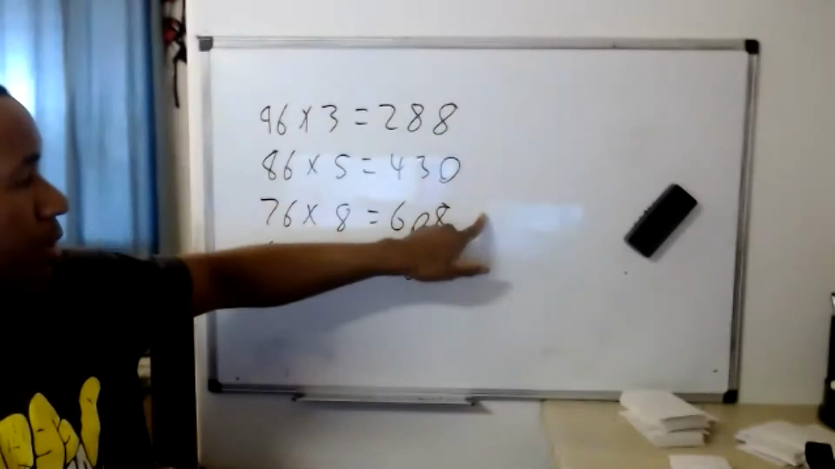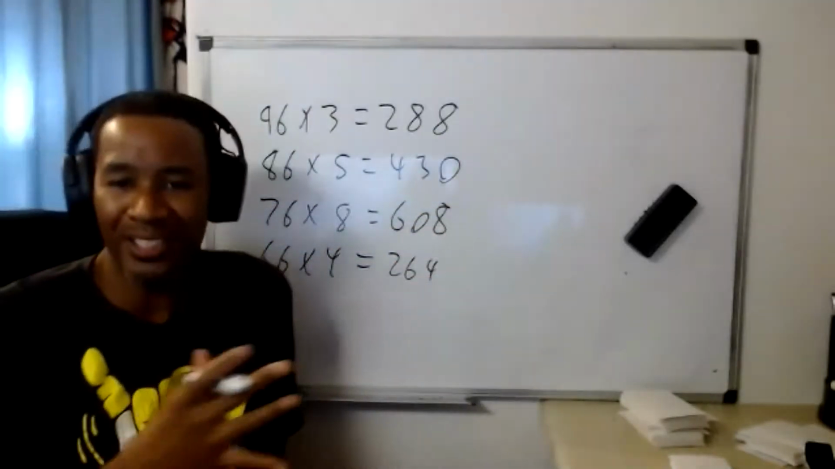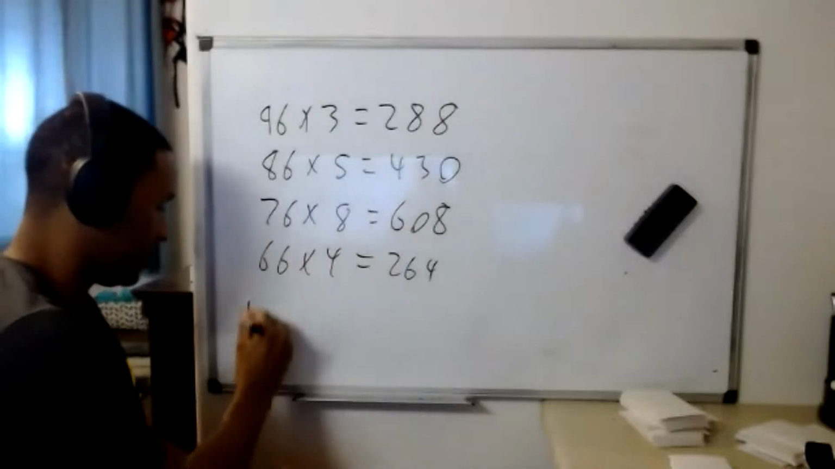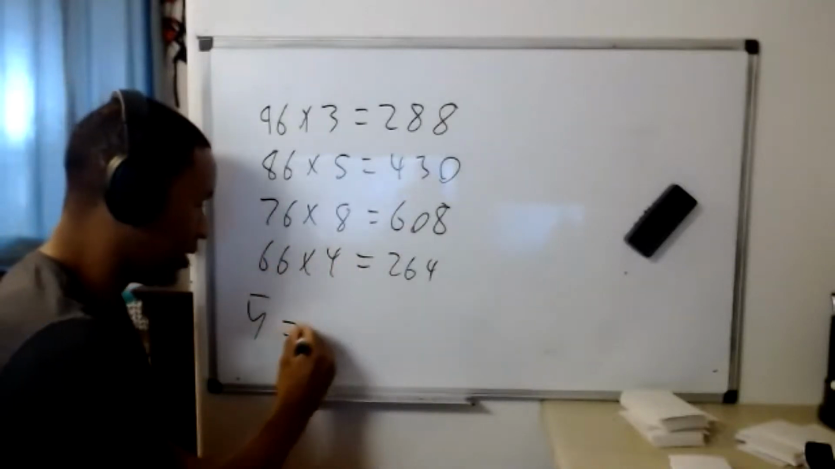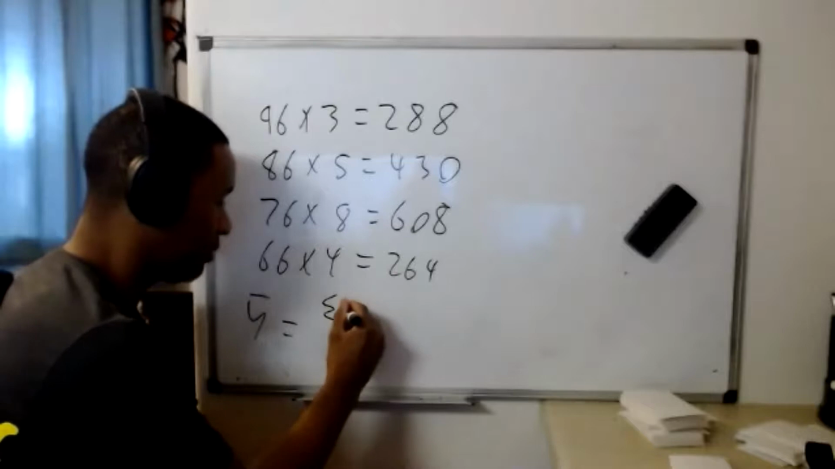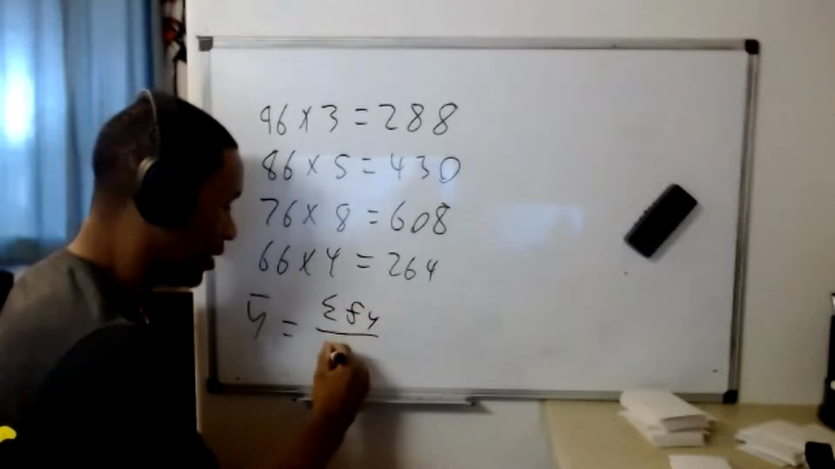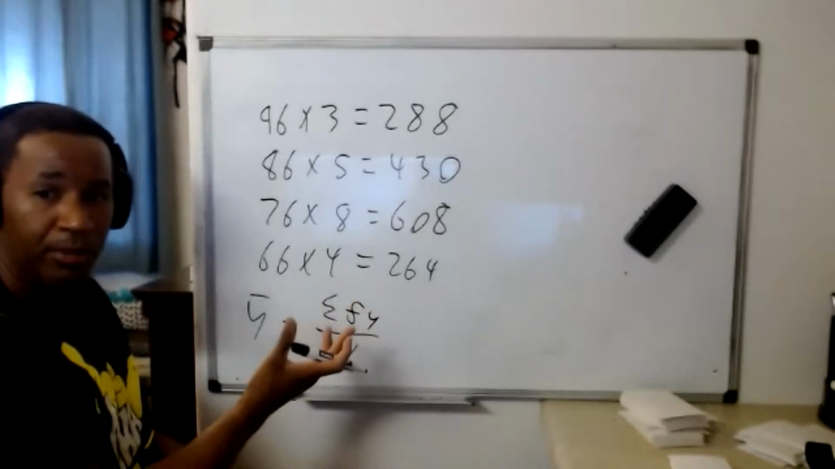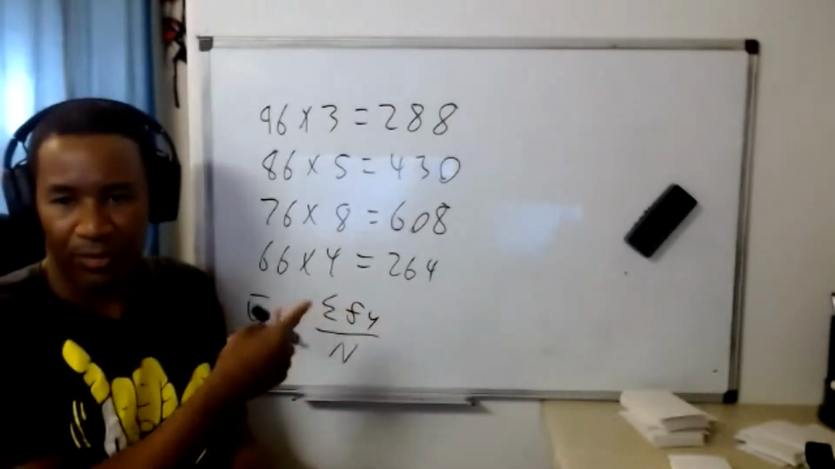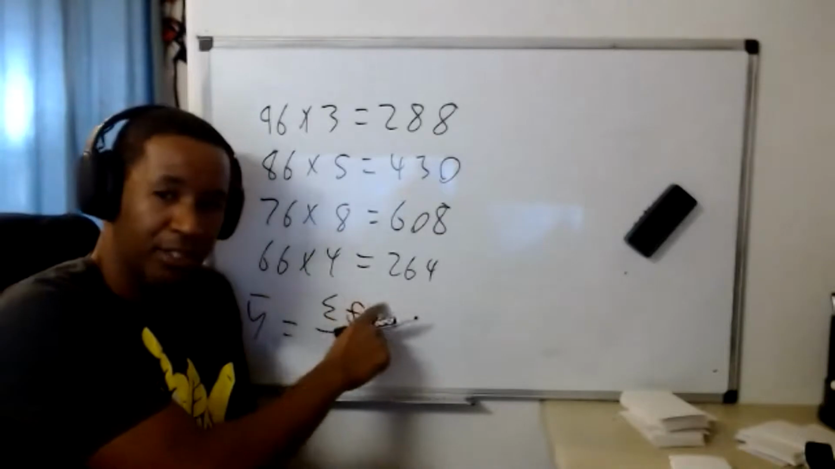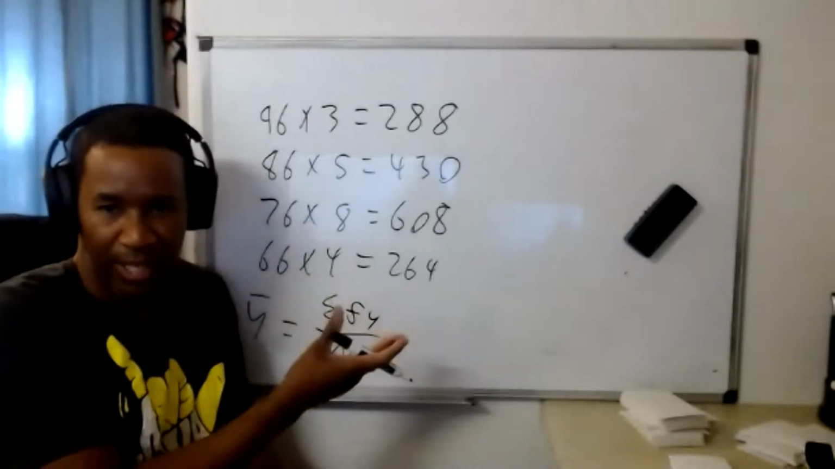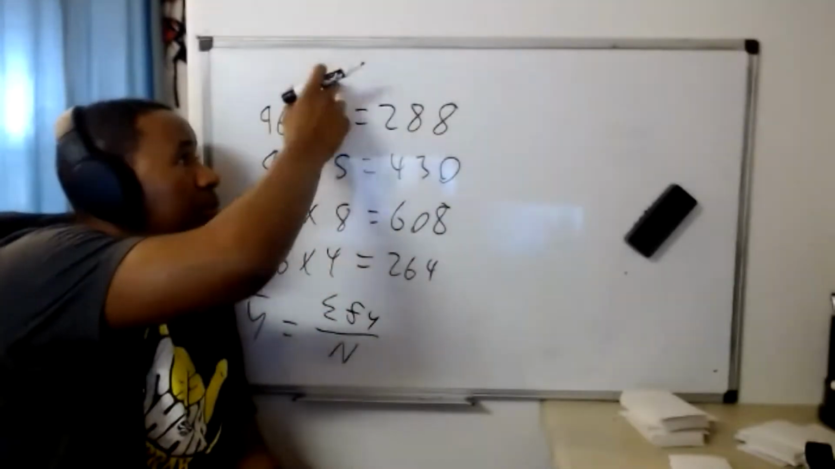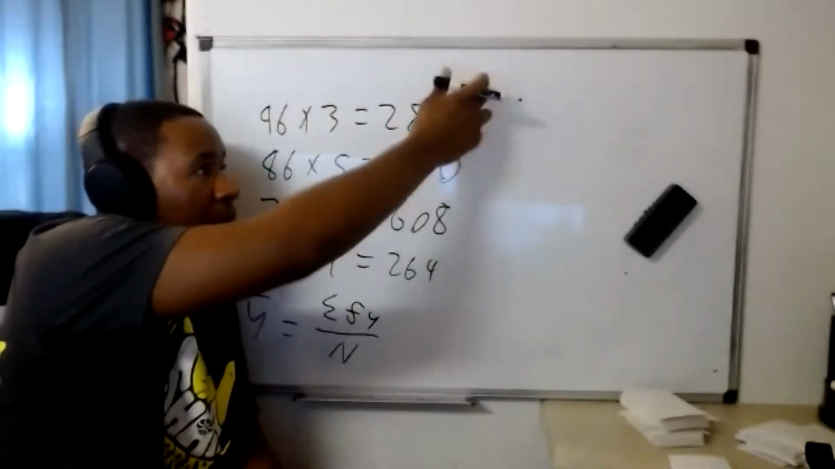288 plus 430 plus 608 plus 264. Now, what does that equation tell us to do at this point? If you remember what the equation looks like, it is for a frequency distribution. The y is equal to the sum of the frequency times the raw score divided by the n. So we've done the frequency multiplied by the raw score. Because if you look at this equation, we need to follow the order of operations. We do the multiplication first, and then we do the sum up, which is the adding. So we have multiplied the raw score by its frequency. Now we need to add these all up